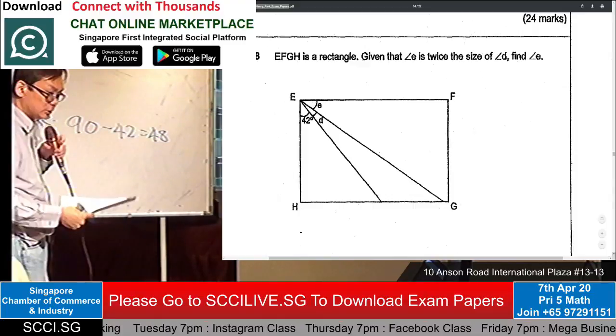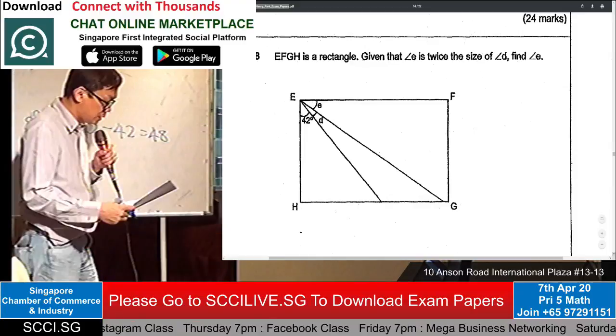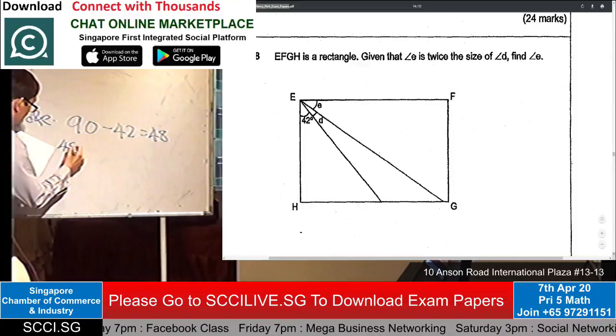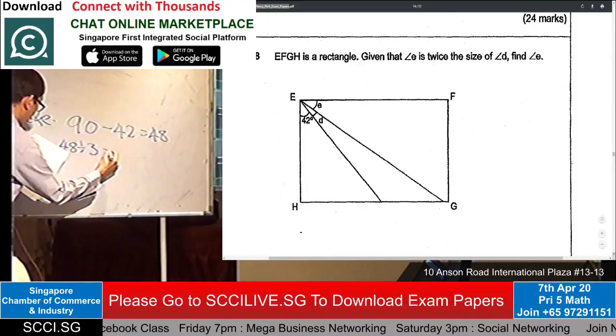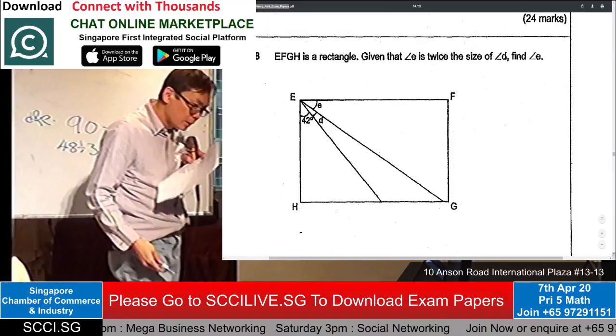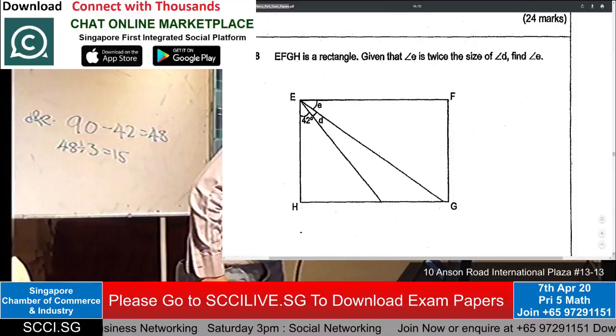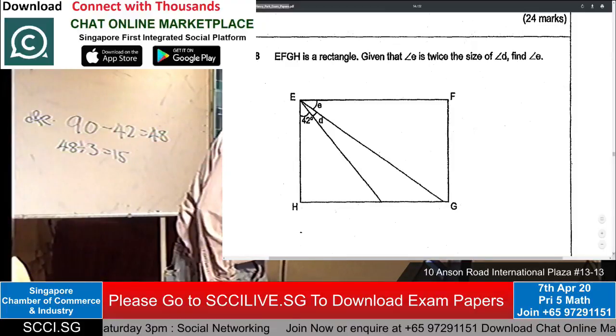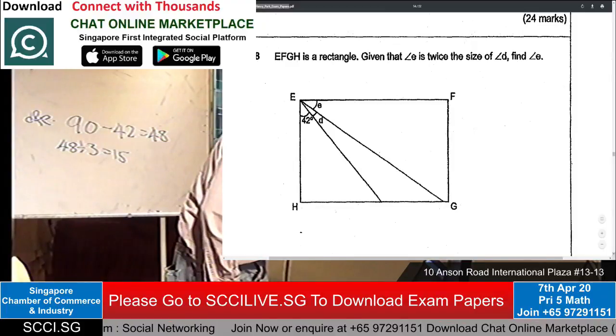So for this question, you look at it, 48 divided by 3 comes out as 16. So now 48 divided by 3, basically angle E is twice the size of angle D, and find